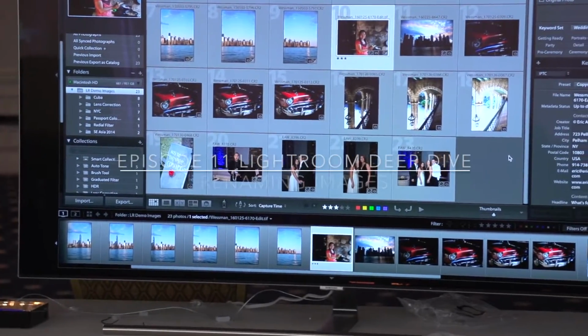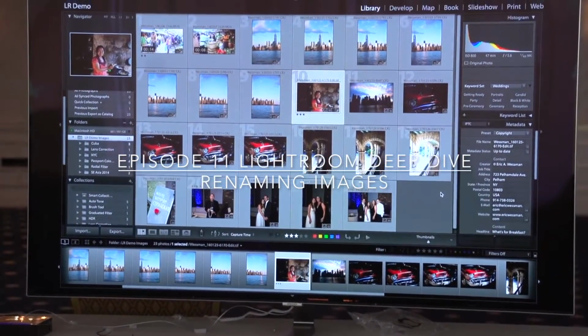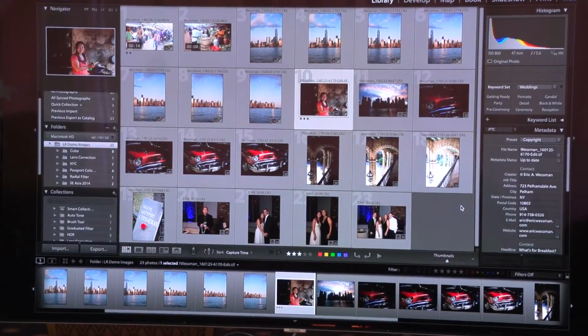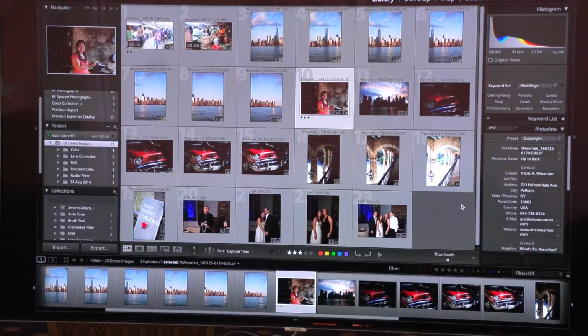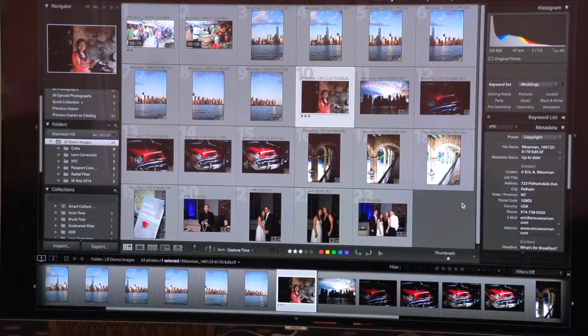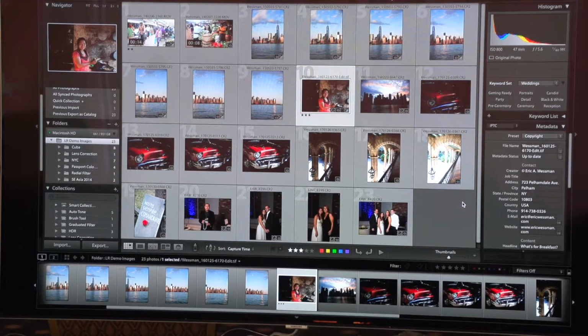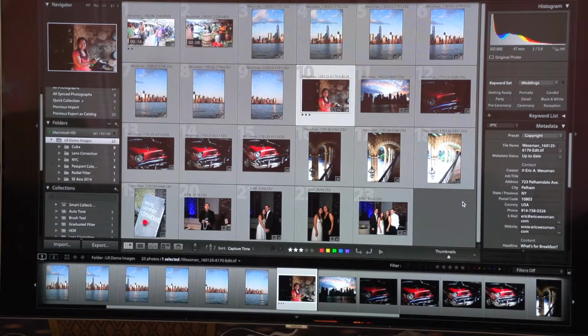Let's talk about renaming for a little bit, because there's an option to rename as you're importing. You can rename while you're in Lightroom, and you can rename on export. And my feeling is, generally you don't need to rename on import. If you have cameras, the only reason why you might is I have my cameras set to do continuous numbering,